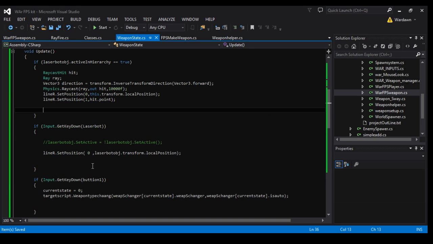If input get button down, set active equals dot. I think it's that. No,